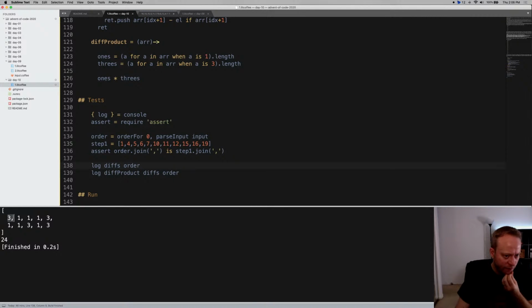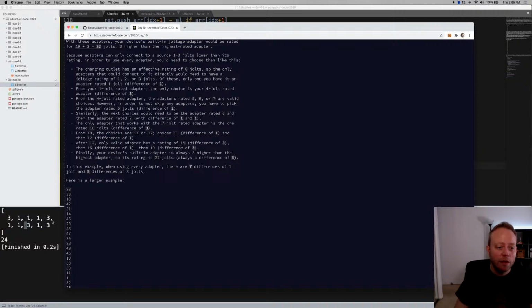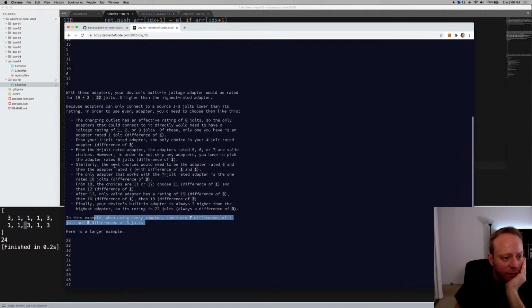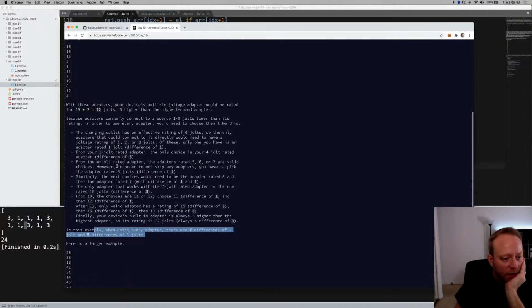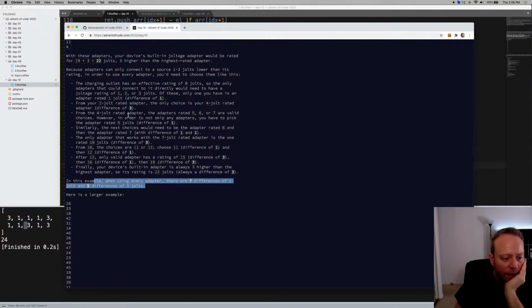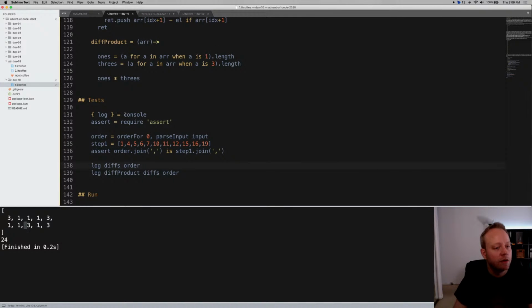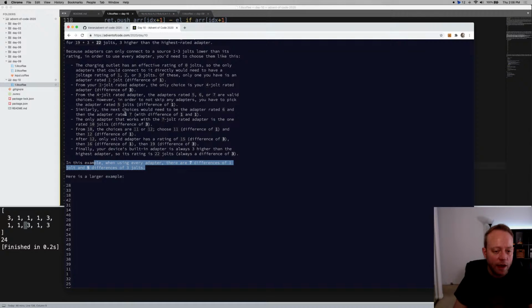Okay, so this is a difference of 3. So I guess the first one would be a difference of 1. So how many 3s does this give us? 1, 2, 3, 4. This gives us 4 differences of 3. And they're saying it gives us 5 differences of 3 jolts. Is that... In this example, when using every adapter, there are 7. Oh, because, right. Okay, so there's the finally our